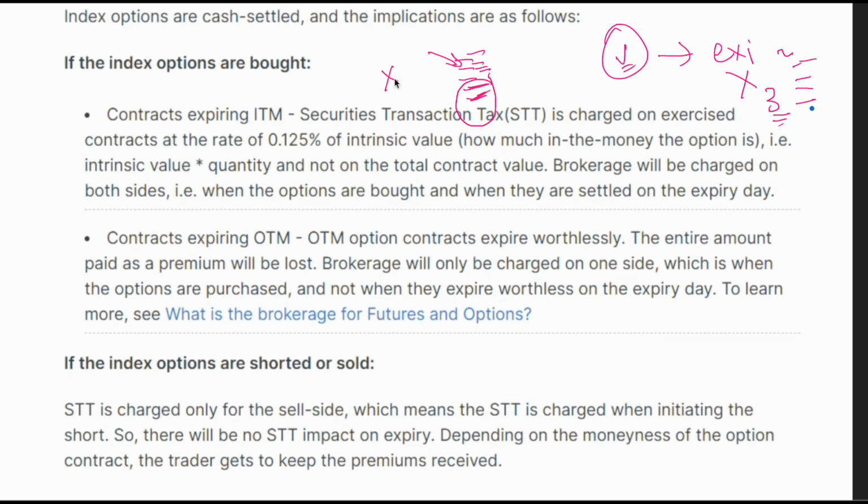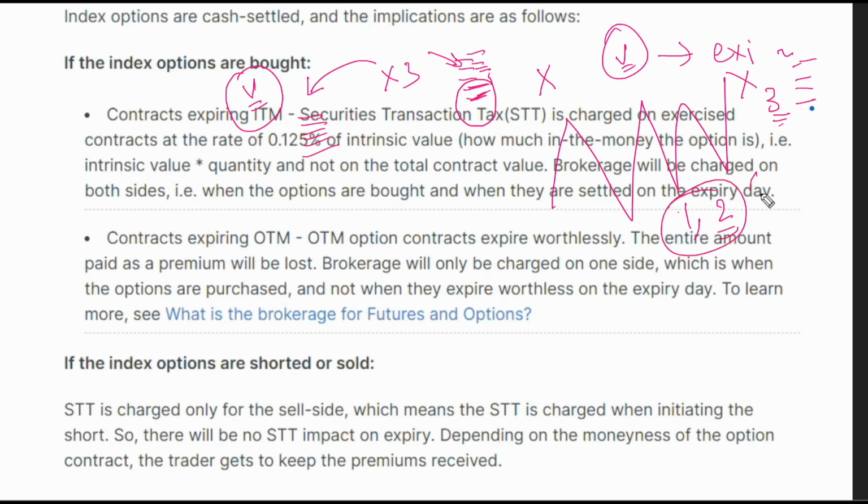If you do not close your position by 3 o'clock, your broker might automatically square off your position, but for that they're going to put you some charges and penalty. To avoid that, try your best to close your trade before 3 o'clock. During this time the market will be very volatile. My personal suggestion is close your trade before 1 o'clock or 2 o'clock. After that, the market slowly gets volatile on expiry day.